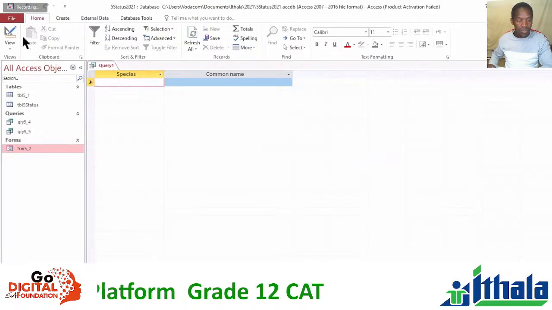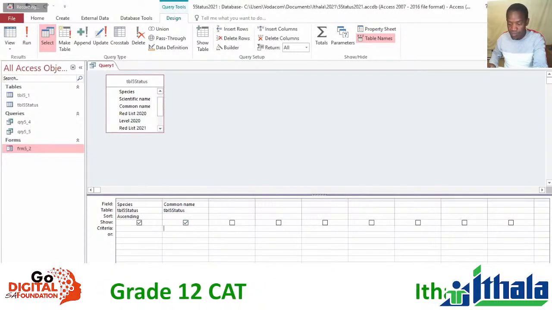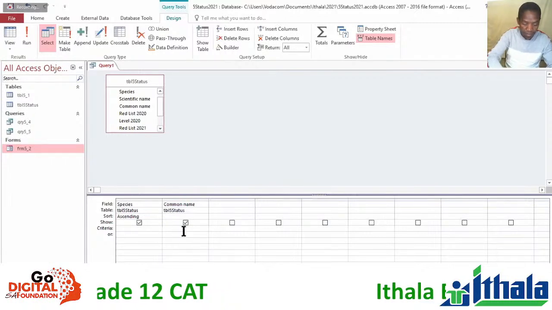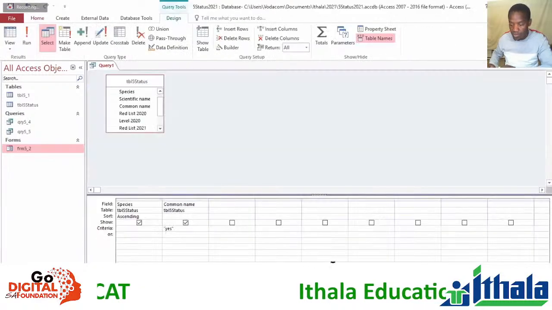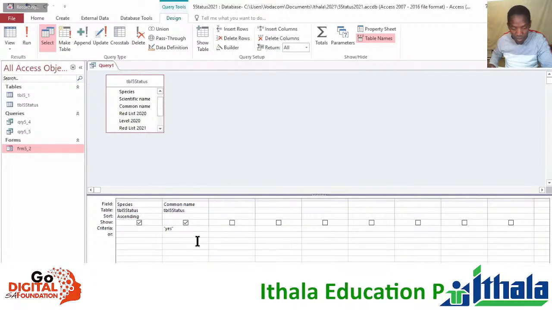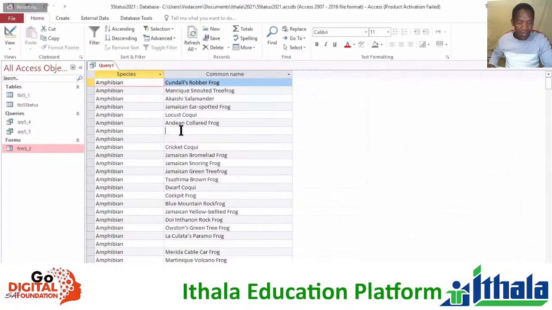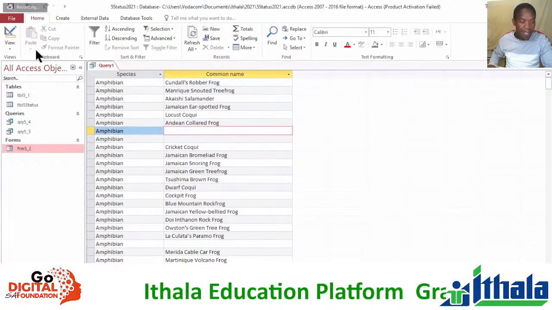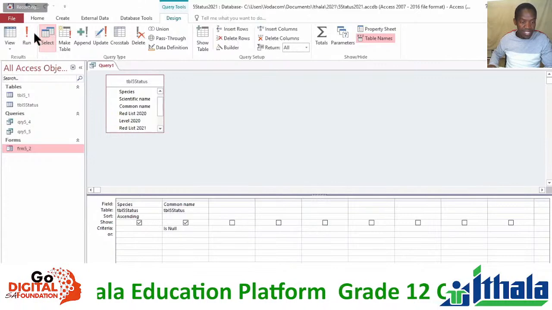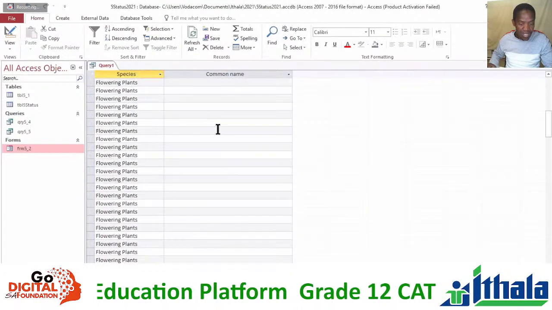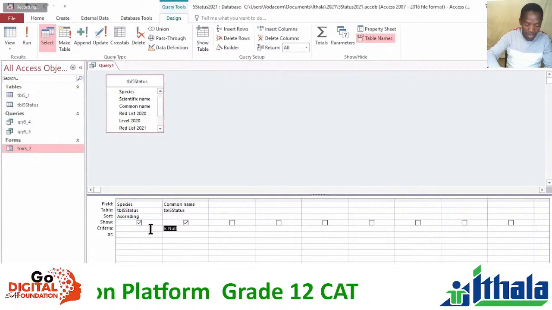Okay, what's happening? Common name, criteria. If you were to say yes, enter, run. Because here it's actually null and it's actually not null. So you're supposed to use the criteria is null. If you say something is null, it means there's nothing here in the space. So this is how it's actually supposed to look. So when you change the view and then you say not null,